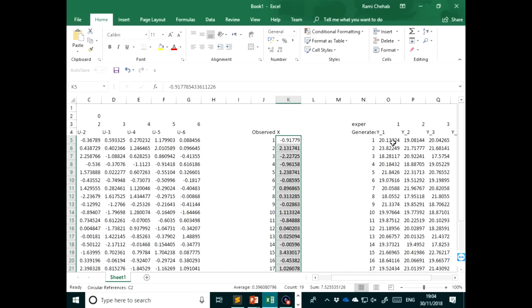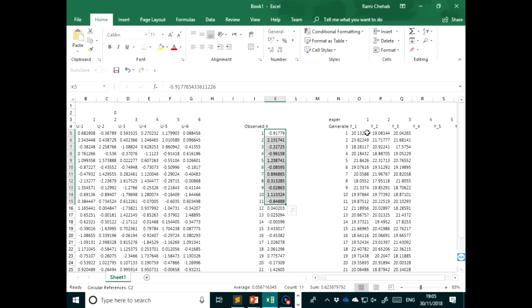Now what we want to do is run the regression of this on that. So this is your dependent variable, and this will be your explanatory variable, right? So if you run these regressions, and obviously on the intercept using TSM,